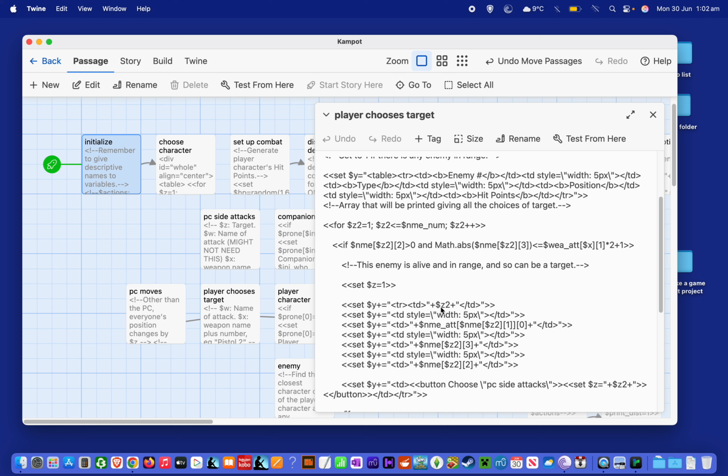Obviously at the start of a combat, that will be the number of enemies. So we go from 1 to enemy underscore num, and we say essentially, is this enemy alive and in range? And how do we know whether they're alive and in range? Well, we know whether they're alive by asking whether enemy Z2 is greater than 0, because that's where we store enemy hit points. And we know whether they're in range